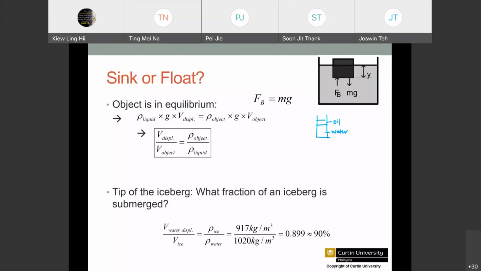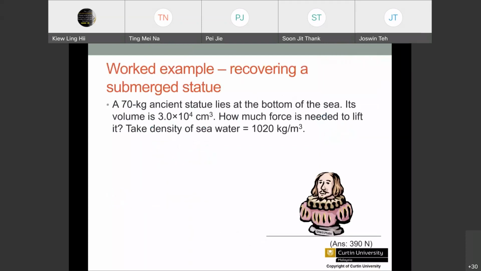Okay, so from our buoyant force, if we cancel off this g, because they are both the same property, when you rearrange, we can calculate the ratio between them. So from there, we can actually calculate how much is the volume that is displaced by this object. And this amount of volume displaced by this object is actually equivalent to how much the object will be submerged down into the water. Okay. So let's look at one example on how we do the calculation.